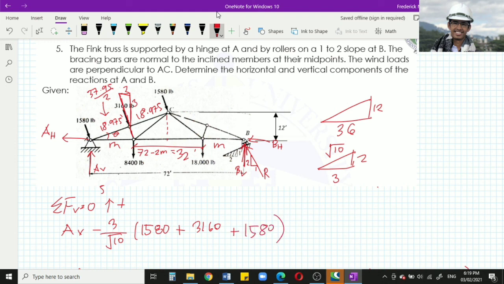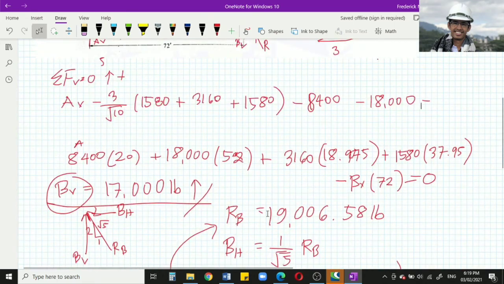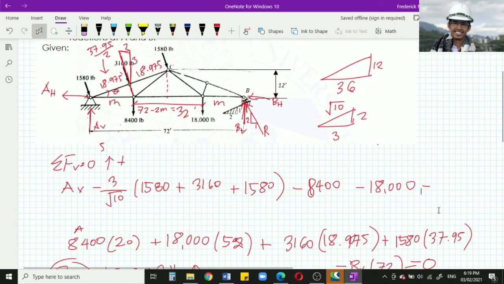Okay? Minus yung 8,400 kasi downward siya. So that will be 8,400 minus 18,000. And yung BV natin, which is minus BV, that will be, ano yung BV natin? 17,000 pounds. So minus 17,000